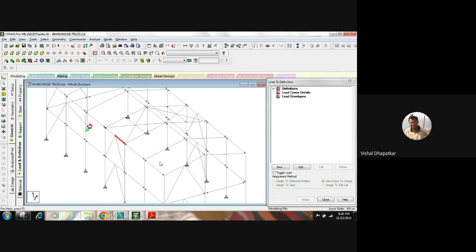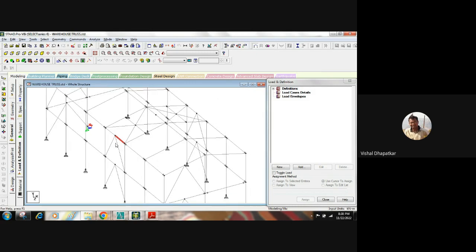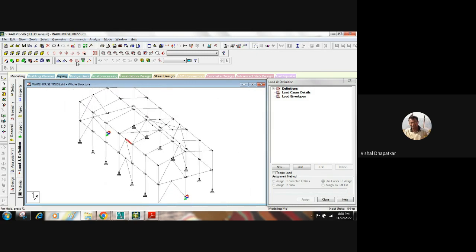So if this node is created here, अगर यहाँ पे ये नोड है तो ये STAAD को पता नहीं चलेगा कि ये एक ही मेंबर है, ये दो मेंबर कंसिडर करेगा इसको। तो इसको कंप्लीट लेंथ कैसे असाइन करना है, कौन सा लेंथ असाइन करने से ये कंप्लीट अज्यूम होगा, तो ये हम डिटेल में देखेंगे। तब आपको थोड़ा पता चलेगा STAAD के बारे में। बाकी STAAD कुछ डिफिकल्ट नहीं है इतना।